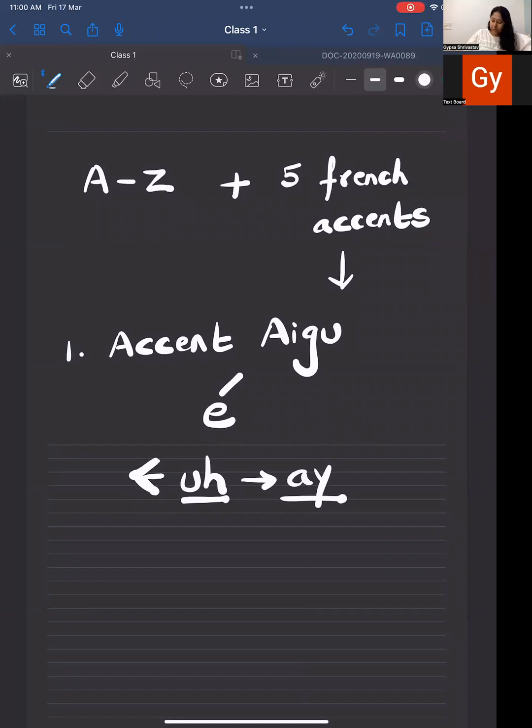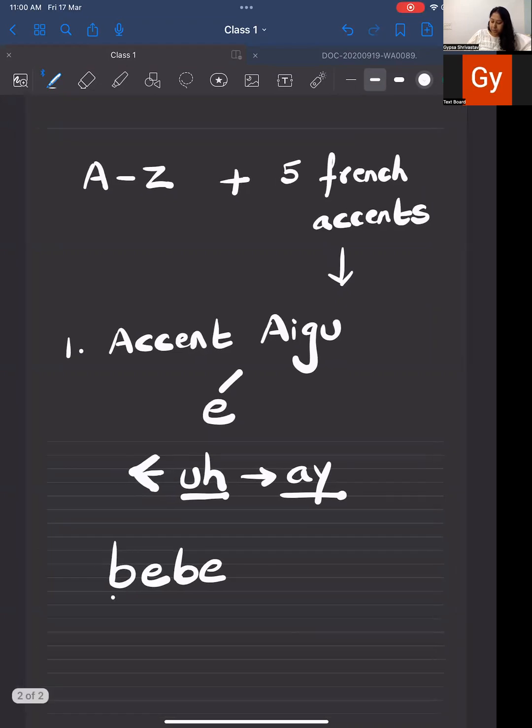For example, we have this word. Now, normally E is pronounced as A. So B with A is B, B with A is B. But the moment I put an accent on the E, now it is an A sound. B with A is Be and Be. Baby, baby,